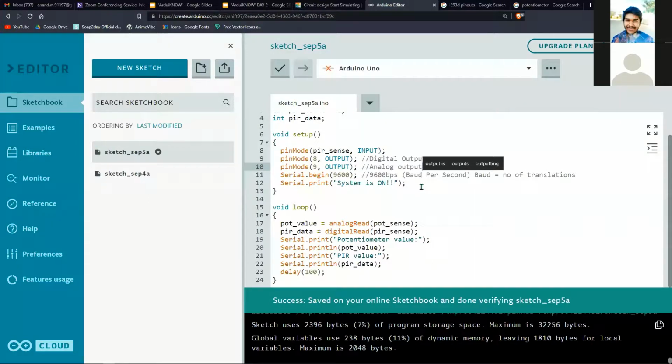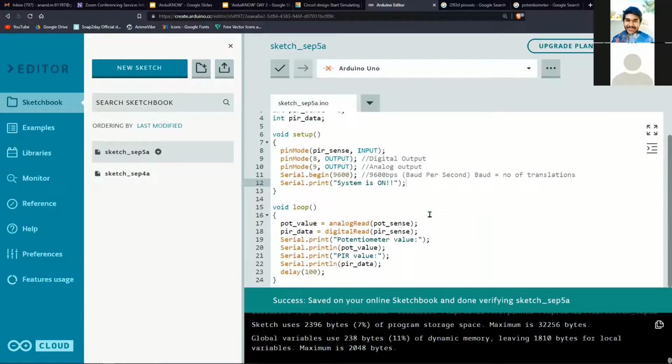In order to have a proper digital output, we will define the default state of that particular pin. Let's say whether pin 8 should be 0 or 1 at the start of the